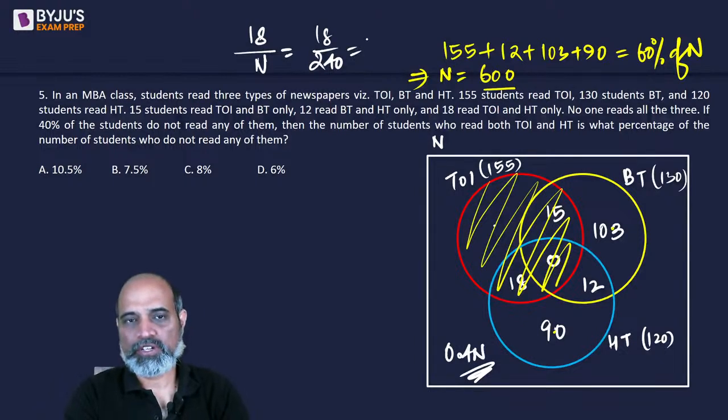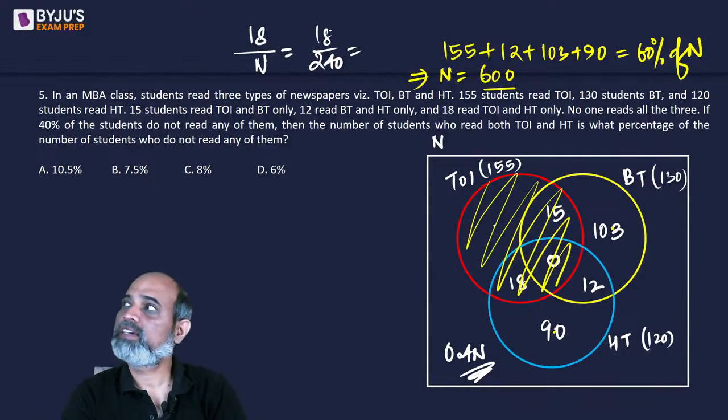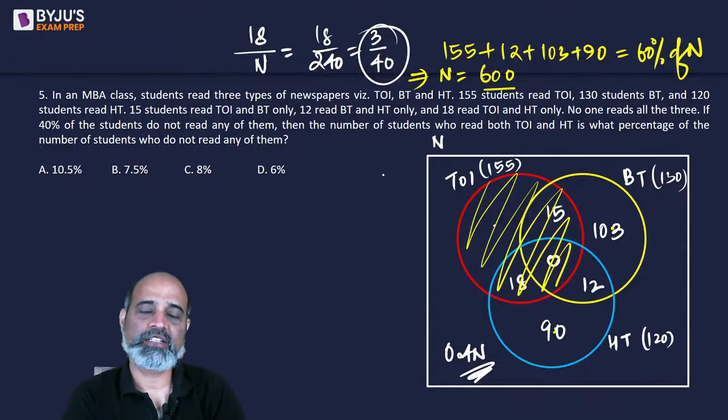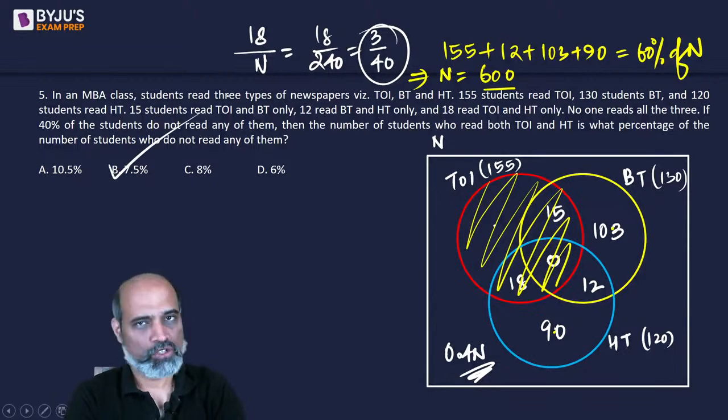this is going to be, simplifying, divisible by 6. This is going to be 3 out of 40, right? 6 into 3 is 18, 6 into 40 is 240. Now 3 by 40 is nothing but 7.5%. So B will be the answer,